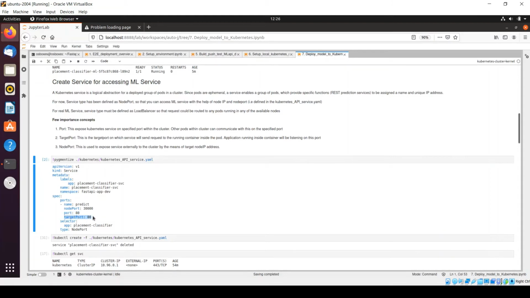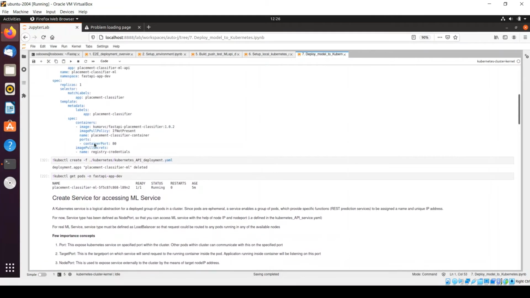The other is target port. So target port means whenever the service receives a request, it will send the request to this target port, right? And this is the target port where we have deployed our ML API application. If you look here, my ML API application inside this container would be listening at this port.